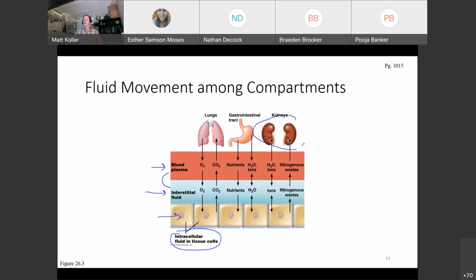But your kidneys are key organs in maintaining that electrolyte balance. So the purpose of your kidneys is basically they will filter the blood for metabolites, like byproducts of metabolism, and get rid of them from your body. Or the flip side of that is if your body, say, wants to retain water or wants to retain a certain electrolyte, the kidneys will retain that. So it may filter out some, but then it will reabsorb it, or it won't filter it out in the first place. So the kidneys are key for this.